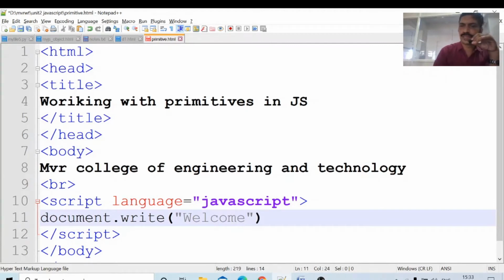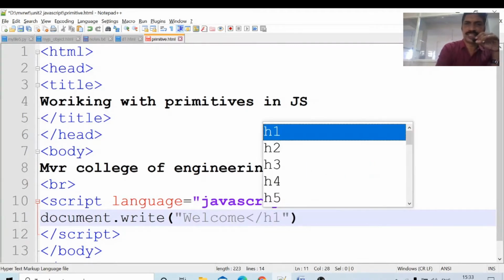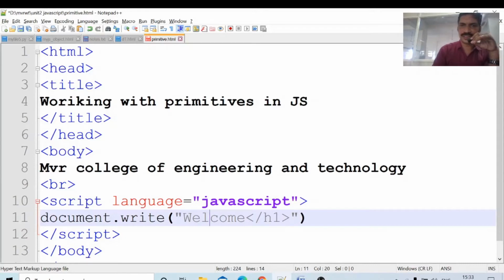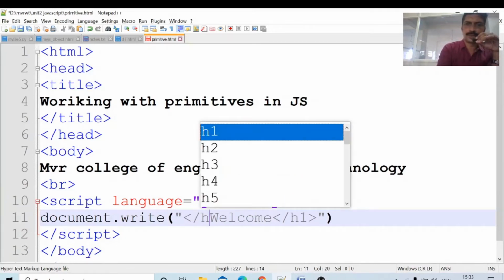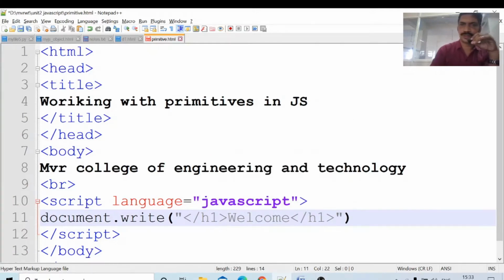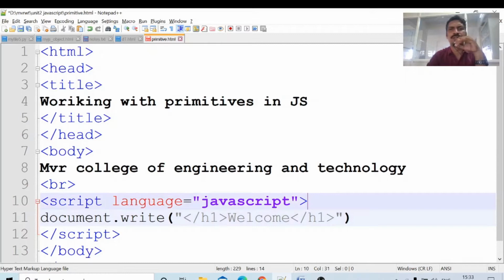I will keep this in h1, slash h1. Just testing. Till now I have not used any primitives. I am just checking document dot write welcome. The last semicolon is optional. If you want to keep it, no problem. Leave it out also, no problem.